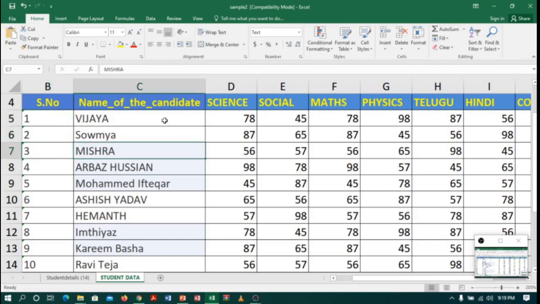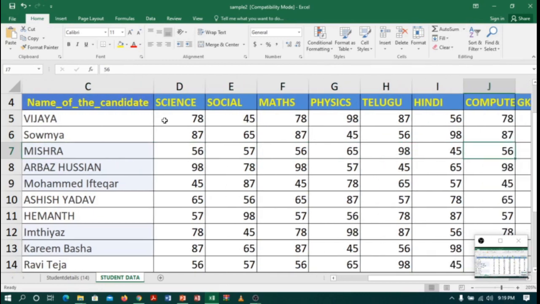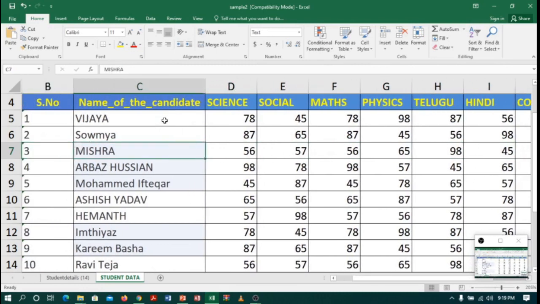Presently I am in cell C7, which is Mishra. Now I want to know the total of Mishra. So I don't need to click the right arrow and go to the corner of the table. I will simply use a shortcut key, Control plus right arrow.